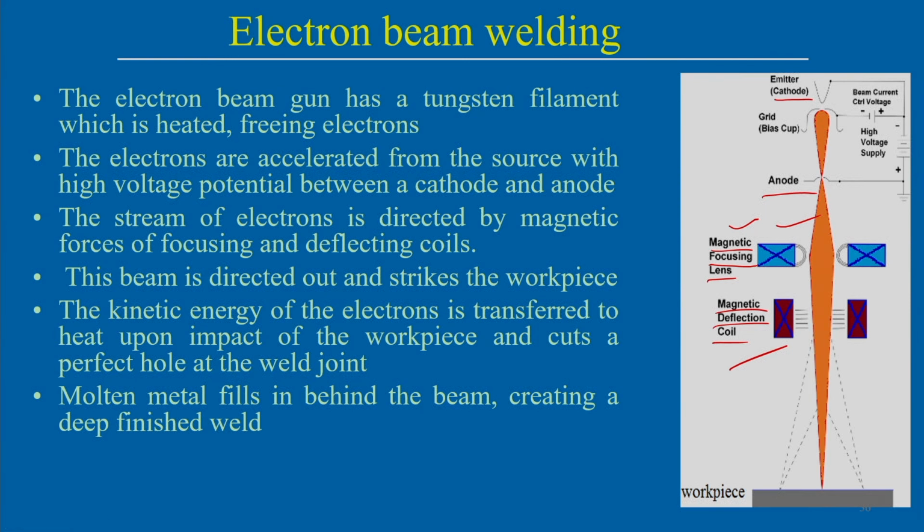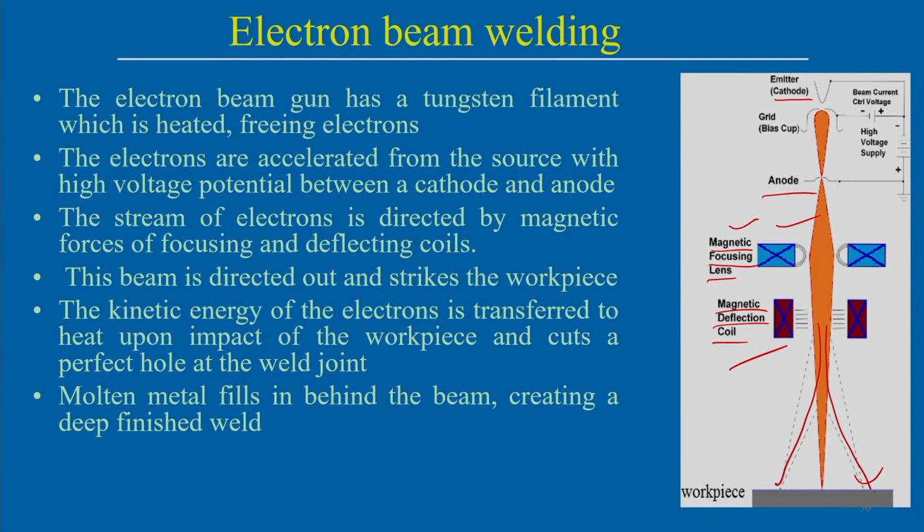So once the beam is created, first the beam is created, then it is accelerated, then it is focused, and after that it is deflected to a particular position. This beam is directed out and strikes the workpiece surface. Once it is directed to a particular position, we can set the deflection position using the magnetic deflection coil. It heats the workpiece interface, and the kinetic energy of the electrons is released in the form of thermal energy, and it melts the workpiece surface, and then coalescence of the materials can be done using the electron beam. So, this is the principle